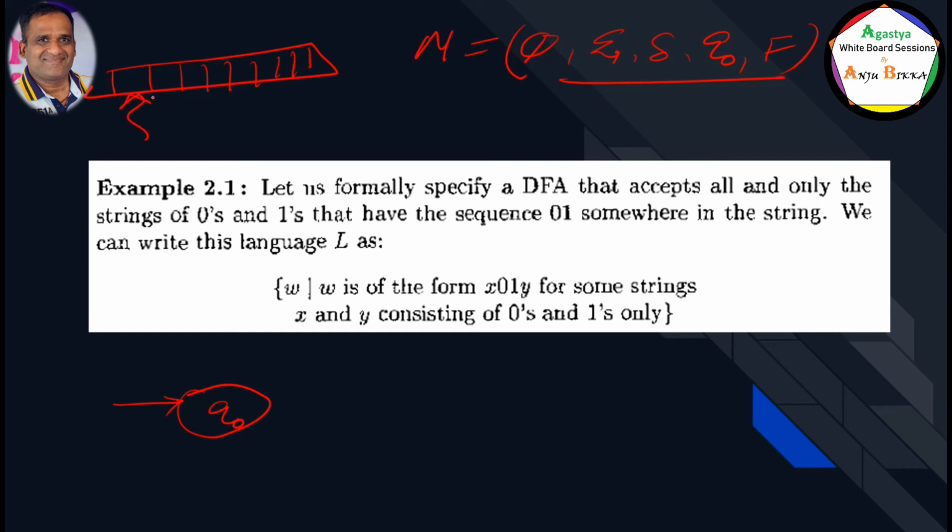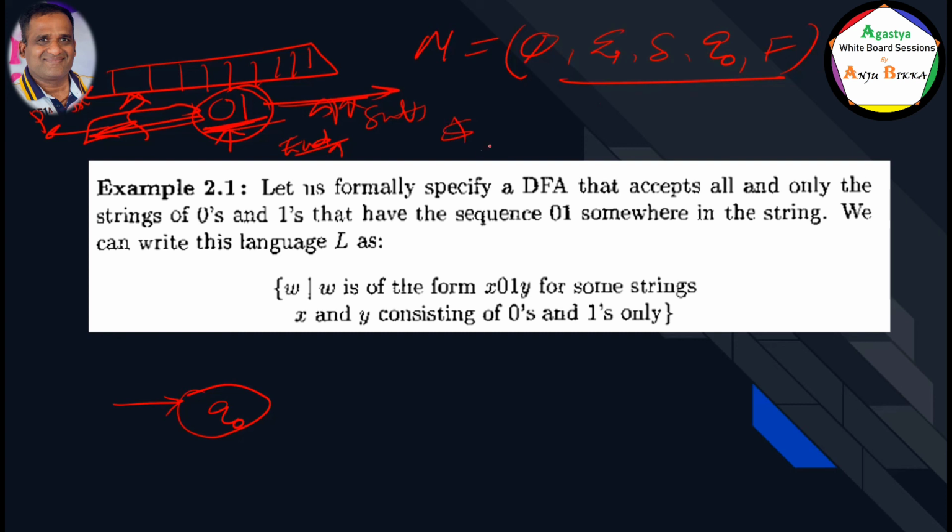When we are scanning the input, we are interested in this pattern, 0, 1, a 0 followed by 1. Whatever prefix and suffix, it doesn't matter. This is called the proper prefix, and this is the suffix, it doesn't matter. After seeing this pattern, we are happy to go, say accepted. We have to scan until this pattern appears or the end of the string